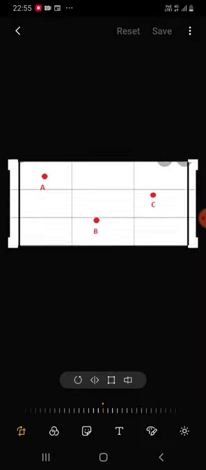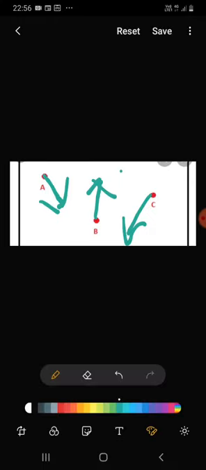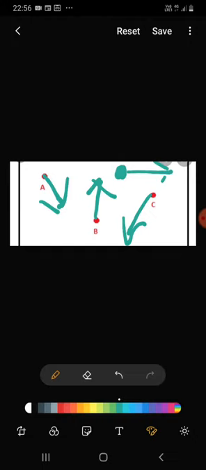Now, here we have these 3 points, point A, point B and point C. But what if I take this colored pen, I draw this line from one side to here, one side to here, one side to here. So we have this point and we have this line. But do remember that this line is closed at one end and opened at the another. So what will this be known as? Let's move ahead to see.